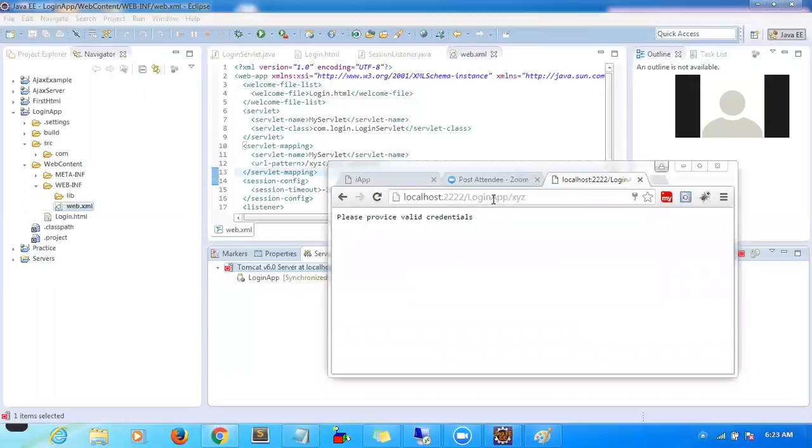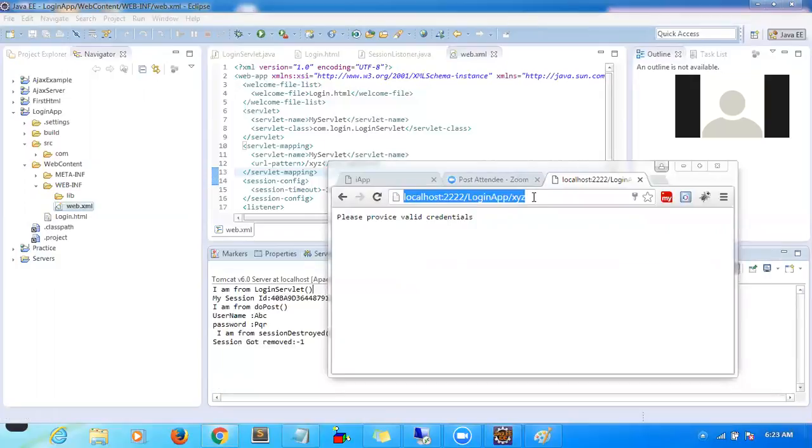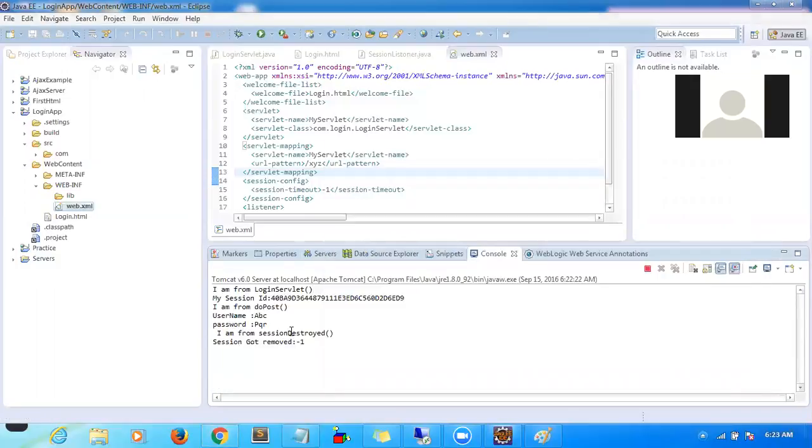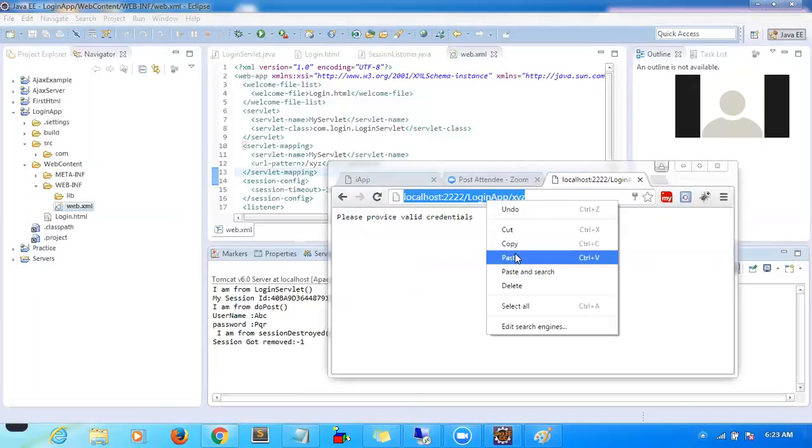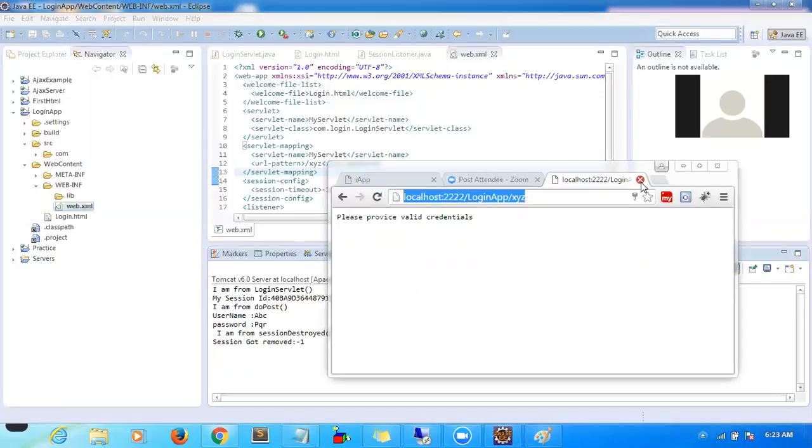Maybe I can use a new browser. Session got removed. Oh yes, I have to use a new browser. Basically this is an old browser, right? Inside this there is some session already.